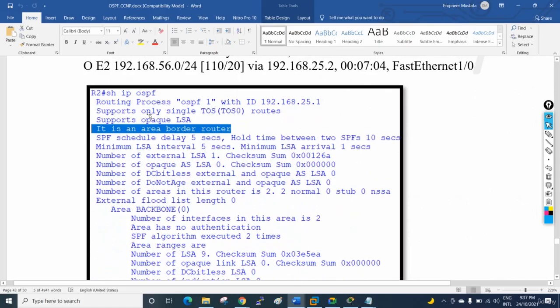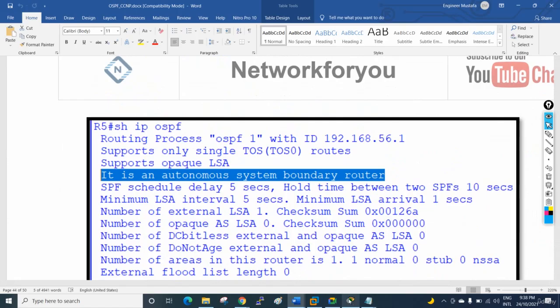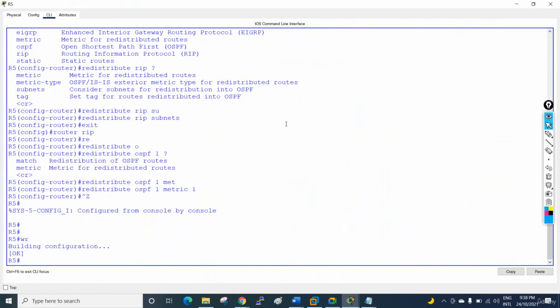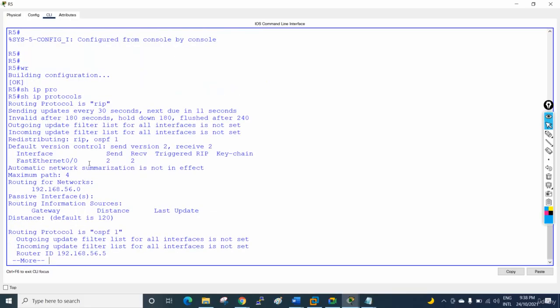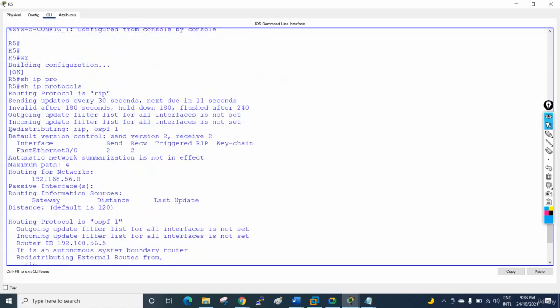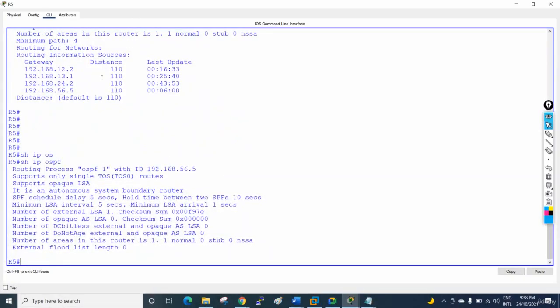And if you check that router, R2 is showing area border router, but if you go to R5, because this is the only R5, if you go in R5 and write show IP protocol, we will get the ABR. Let me check here. No, we need to write show IP OSPF. Let me write show IP OSPF. So if you see here this one,